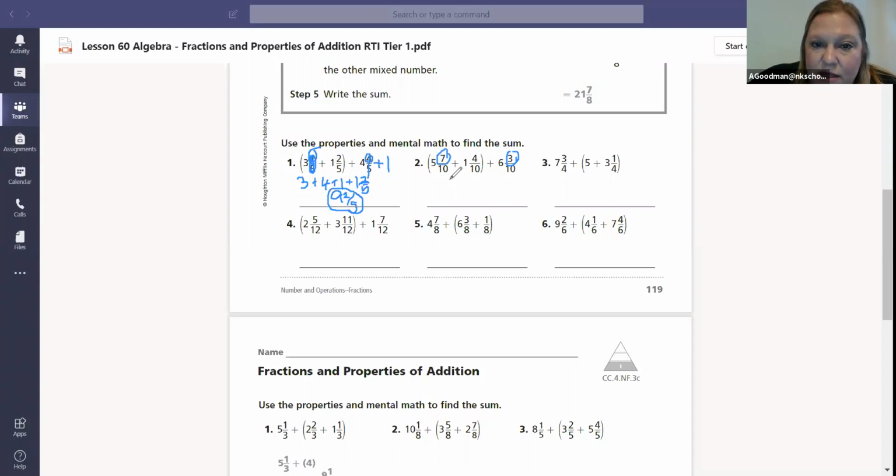So I'm going to cross out these fractions. I now have 10/10. 10/10 equals 1 whole. So I'm just going to add 1 whole to the end of this group. So now what I have is 5 plus, oh, that does not look like a 5. Hold on, it looks like a 6. 5 plus,